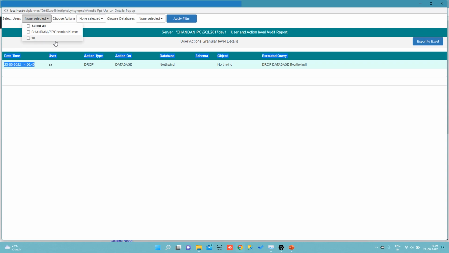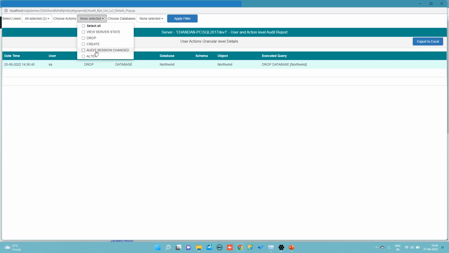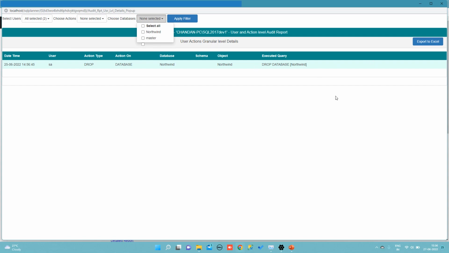We can also alternatively apply a filter to see what actions these users have performed and on which specific database. So I can simply apply these filters and view what this particular user has done